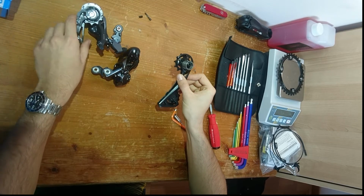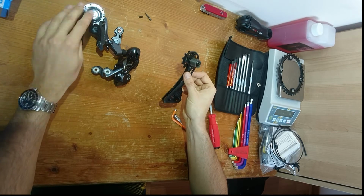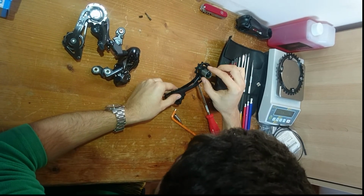So once you have transferred this little washer, what you can also do is change the pulley wheels, since the Dura Ace ones are, I think, a few grams heavier, maybe 5 or so, and maybe the bearings are a bit higher quality, and I just thought, why not? But yeah, and since this is going to be for a gravel setup, you can do this pretty neat thing